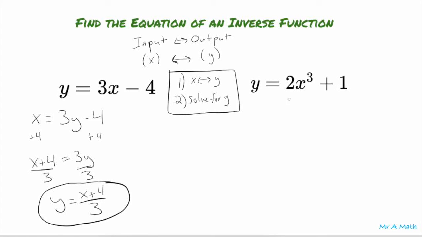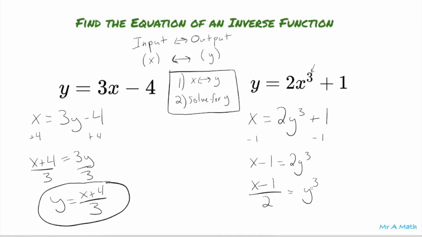And then over here it's the same process, but I just have this little bit of a wrinkle, and that's really not going to change much if you're familiar with solving for cube roots. So let's go ahead and switch our x and y. We have x equals 2y to the third power plus 1. And so when I subtract 1 from both sides, I get x minus 1 equals 2y to the third. And then dividing both sides by 2, I get (x minus 1) all divided by 2 is equal to y